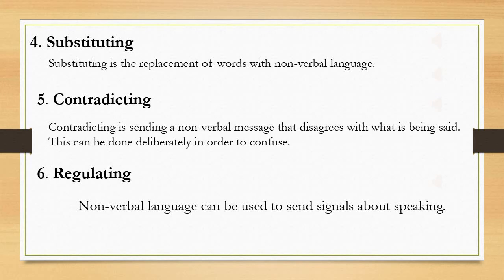collar. Regulating. Regulating is when nonverbal language is used to send signals about speaking. A typical use is around starting and ending speech. It can also be used to regulate the speech of others, indicating that you want them to stop so you can speak, or perhaps that you want them to respond. Examples. Breaking, or making, eye contact, or giving a final and firm nod when you have finished speaking, raising eyebrows when you are about to start speaking.